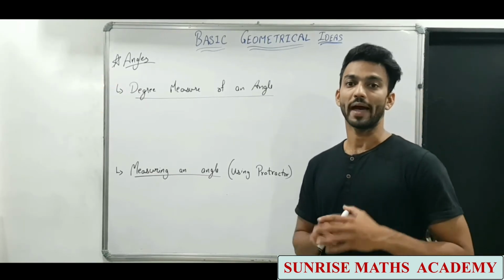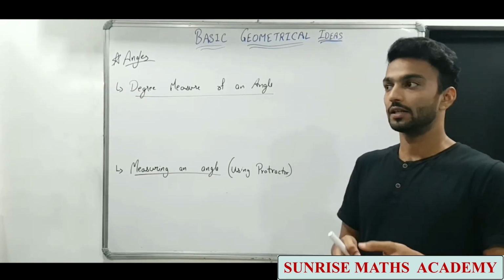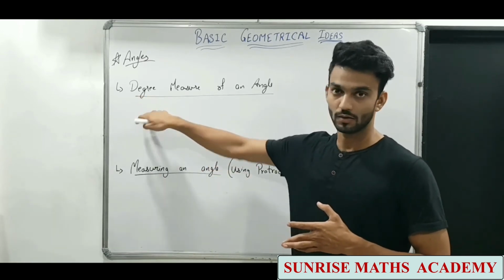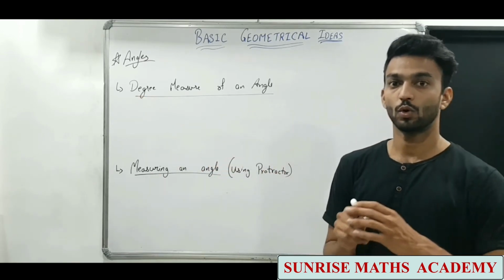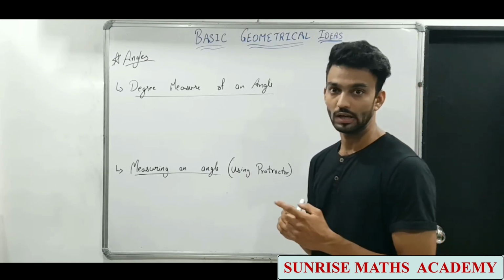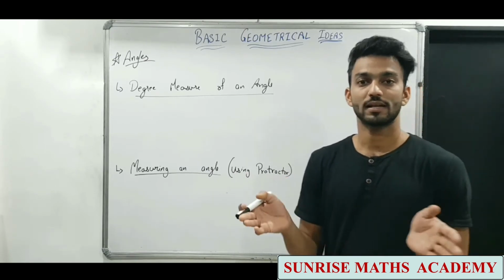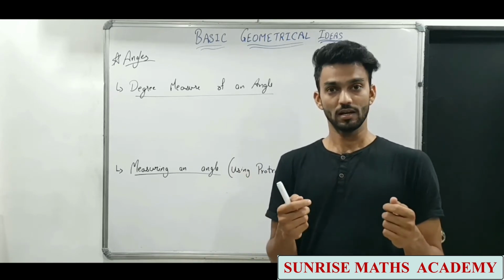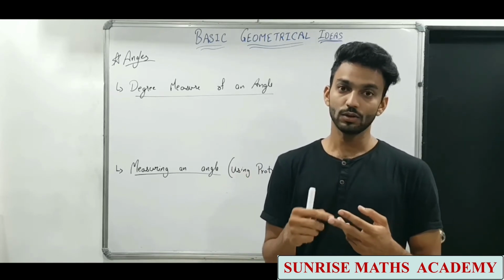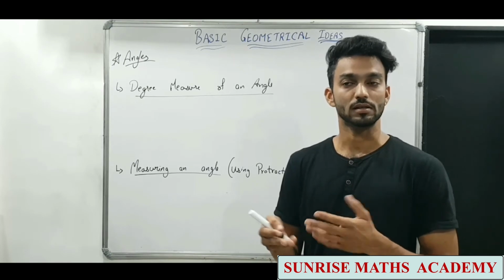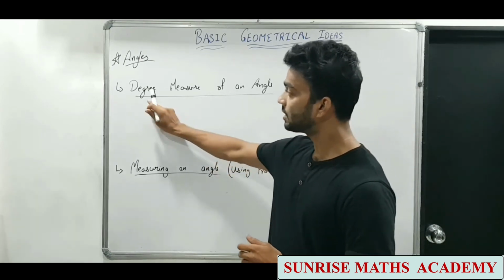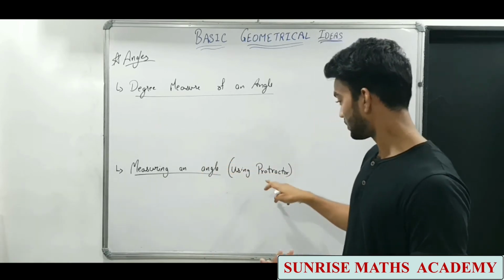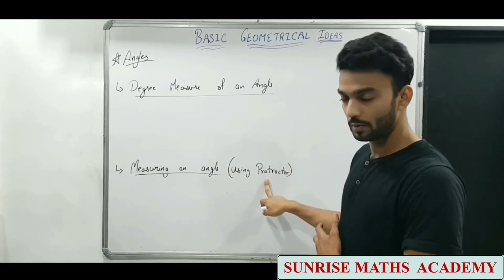So as we saw the magnitude, the measure of the angle is done in degrees. What is used to measure an angle is degree. That is the unit. Just like when we were talking about a line or line segment, when we were measuring a line segment, we were using a scale, which was the device used, and the units were centimeter, meter and lengths. So here the unit is degree, and the instrument is the protractor. I will also tell you what a protractor is.